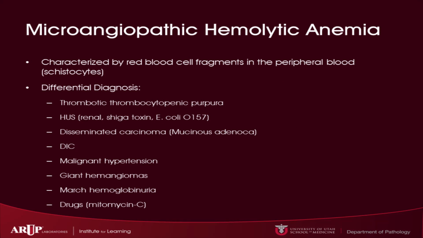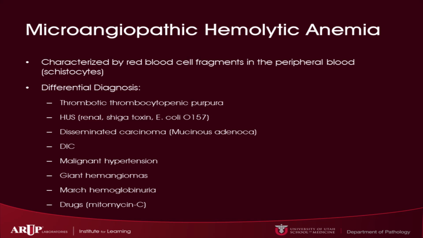Microangiopathic hemolytic anemia is characterized by red blood cell fragments in the peripheral blood, so it is also known as schistocytes. If we are seeing a lot of schistocytes in the peripheral smear, the most common differential is thrombotic thrombocytopenic purpura. Although it's a rare condition, it's a really dangerous condition, and